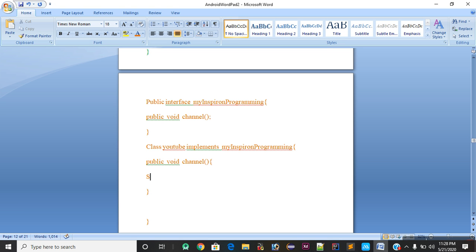So I will write System.out.println, bracket open and close, and I will pass a simple message. For example, my name is Durgesh Singh, and a semicolon. So the method is closed, and now the class closes.